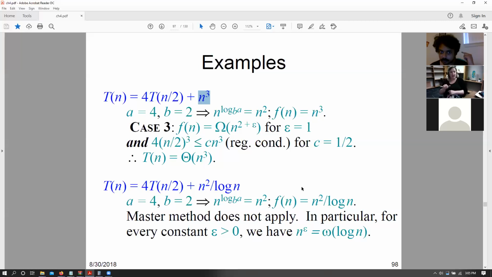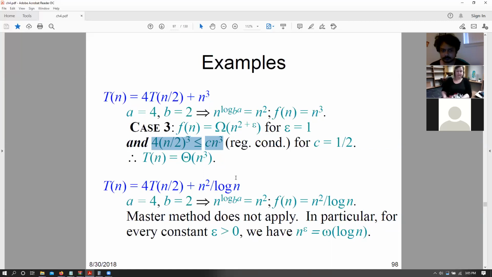f of n becomes our theta in that case for the T of n, right? Yes. So in this case, theta n squared plus epsilon gives you the lower bound. So that means that epsilon of 1, so theta n cubed basically is the lower bound for our f of n. Right, so f of n dominates that particular thing, and this regularity condition holds, and that is why we directly have theta of n. Yes.